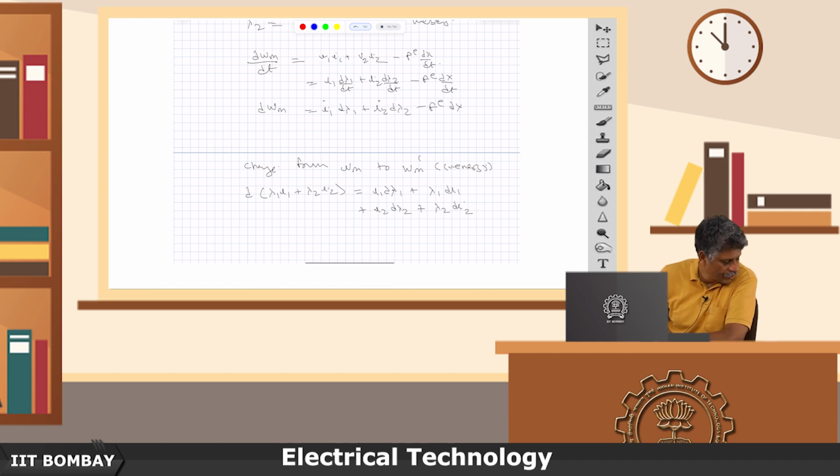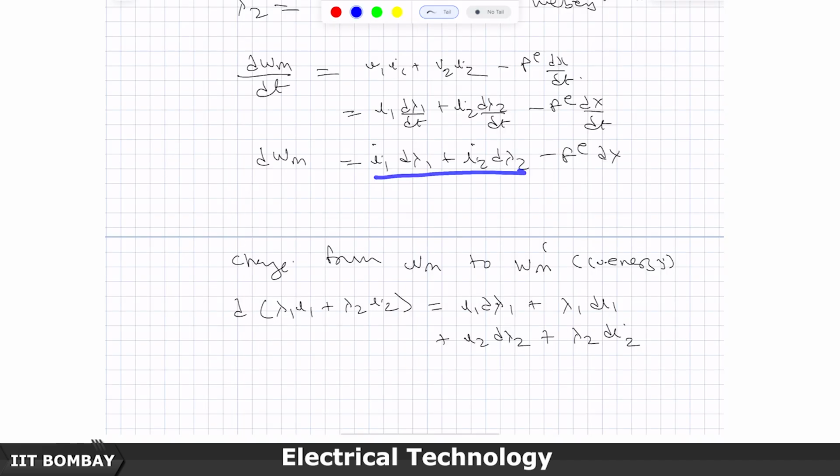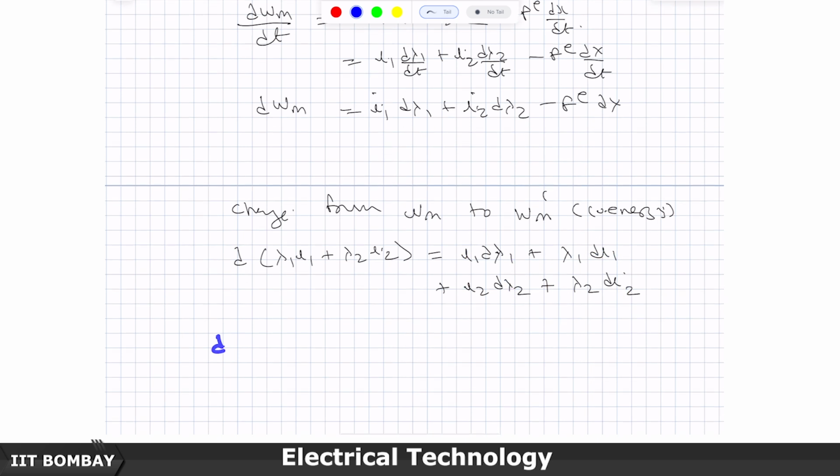If I want to express I1 dλ1 plus I2 dλ2, I can write it as this minus subtraction of this, and then substitute it here. So, I get dWm as